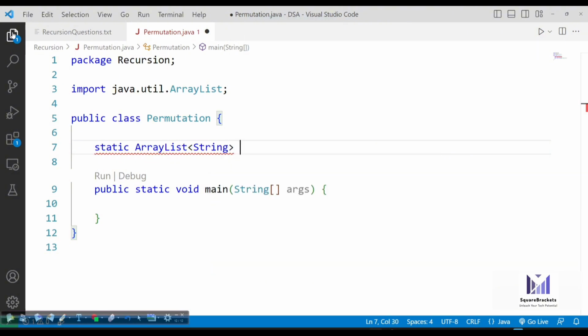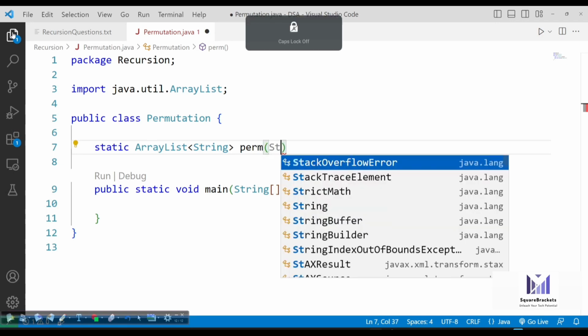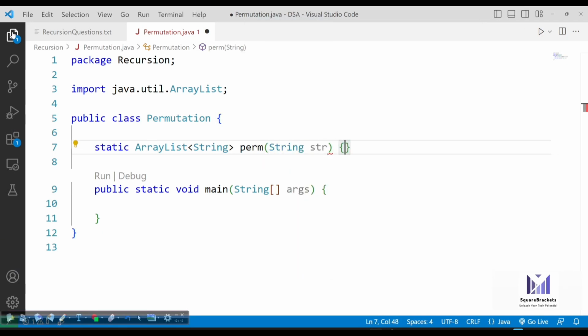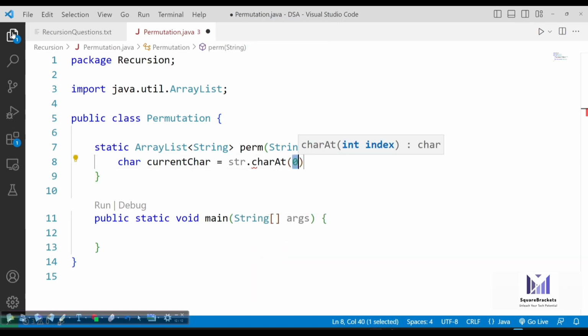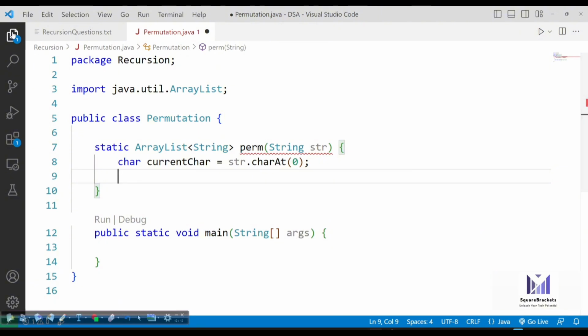The function name will be, let's say, perm, and then we are going to pass string. All right. Now, the very first thing that we did in our previous program is to get the characters one by one. So current character will be str.charAt(0). So you got the first character.